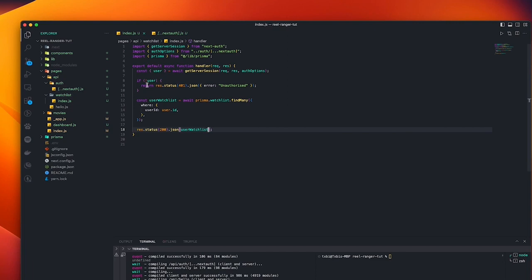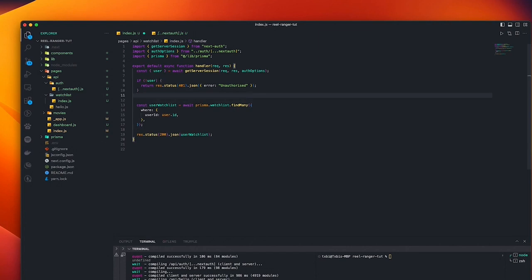If it's not a post request, then it's going to be a get request, and the get request is going to run what we just implemented here, which is going to fetch every item in the user's watch list. Okay, so let's get straight to that. So right at the top here, after checking if the person who is trying to access the API route is authenticated or not,